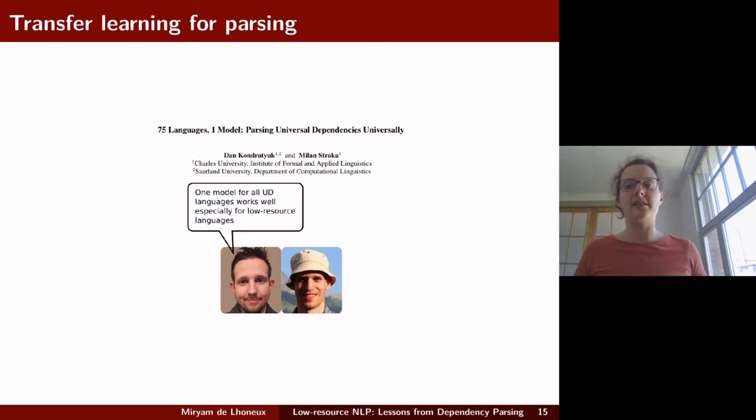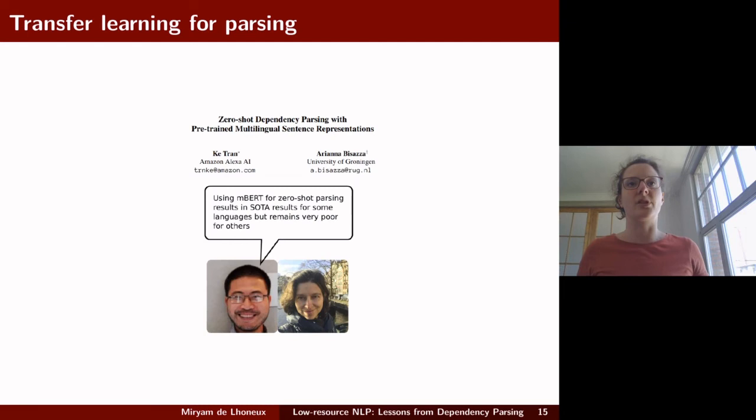And this parser performs quite well in the zero-shot setting for low resource languages, and does not really underperform so much on higher resource languages. So you do lose a little bit of accuracy, which is expected for high resource languages, but not as much as you would expect. So this has really changed the game,